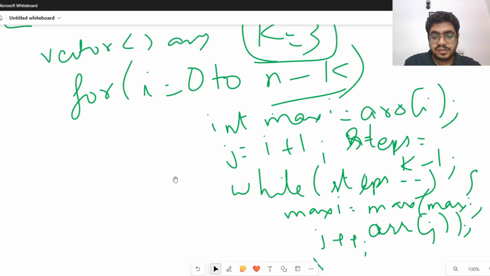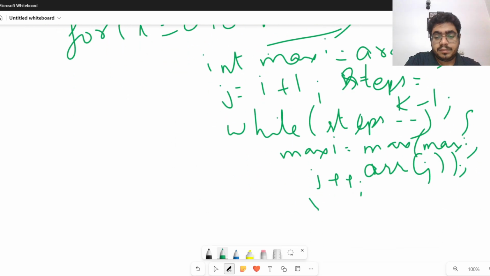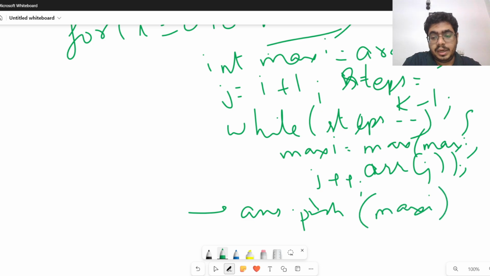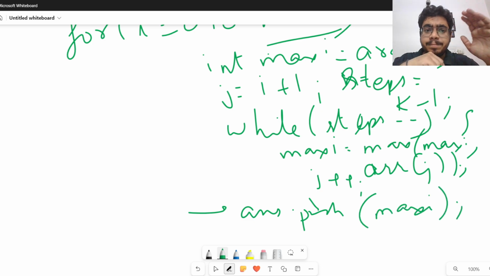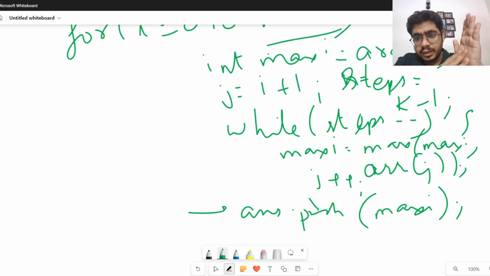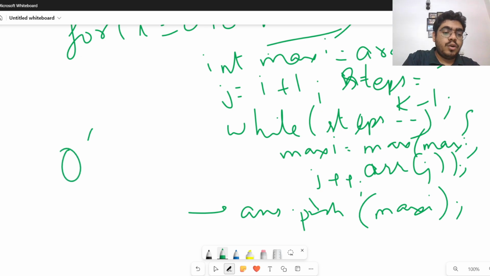So what I'll simply do is, at the end of this while loop, every time I'll push the maximum that we found into my answer, right? So fix every starting point, take k elements, take the maximum, put it into your array. So if we think about the time complexity of this, then we'll come up with O of n into k,